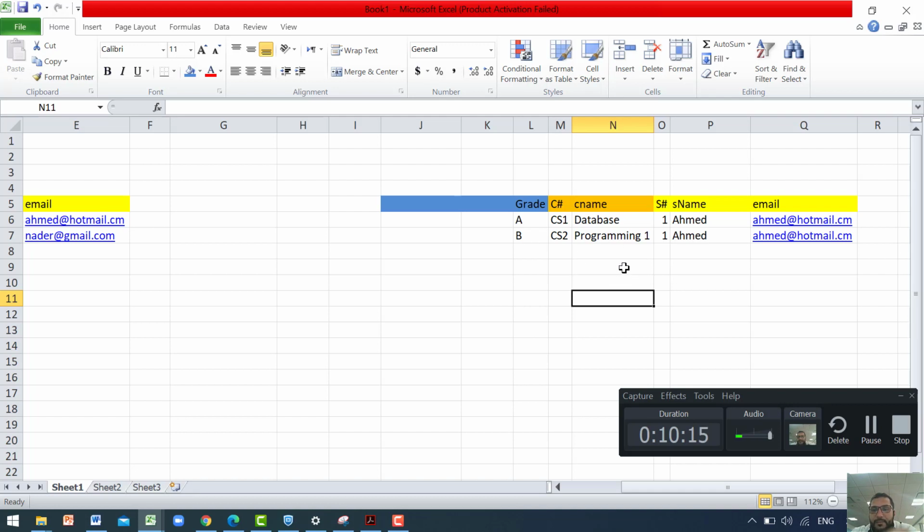If you look at this table, you will see, as I said, redundancy. Ahmed is repeated twice, and if I'm talking about also Nader and Nader,